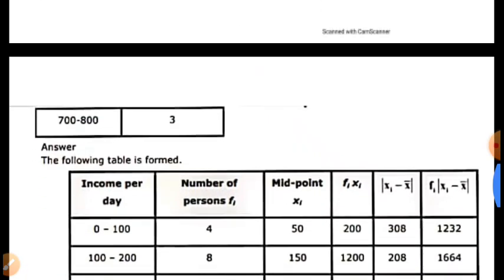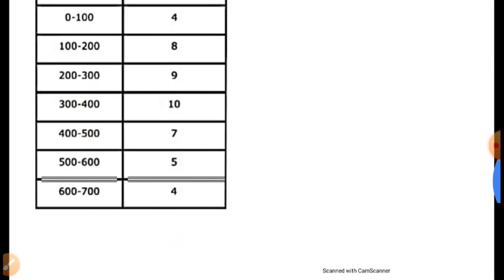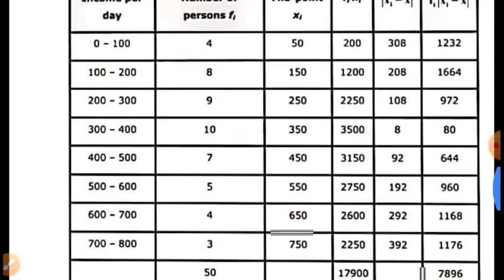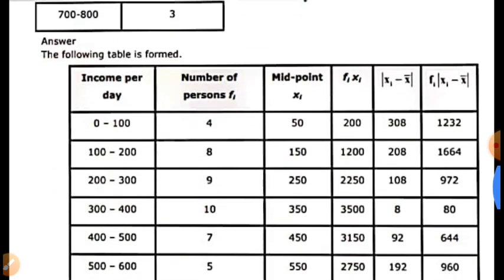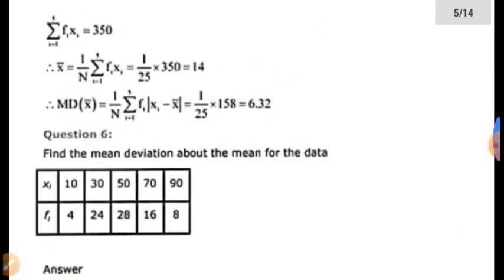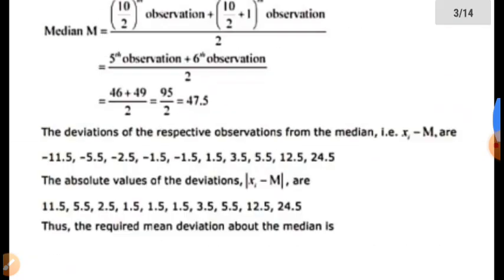Now let us go for the problem which is continuous, meaning a frequency distribution. When the data is given to you like 0 to 100, this is called a continuous frequency distribution. When a continuous frequency distribution is given to you, the following table is formed. This is a way to find it. First, it is just like the problem we discussed in the 5th problem, I think. Yes, mean deviation about the mean.